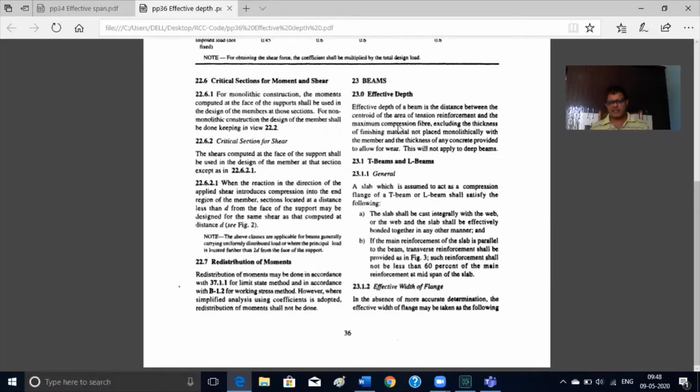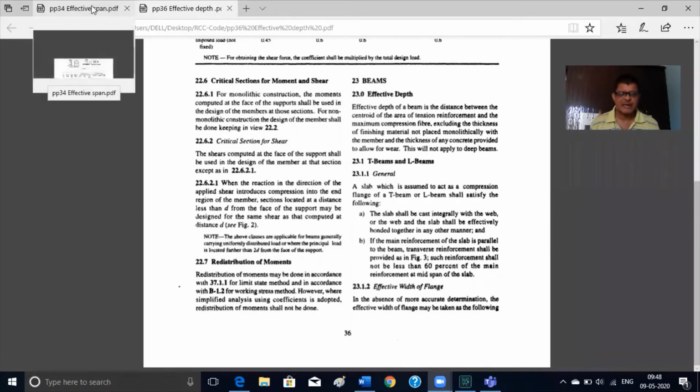So effective depth for these beams, what we have discussed earlier, is the same thing: simply take it from the top compression fiber to the centroid of steel. That we have also discussed earlier. If you have the reinforcement here, from the center of reinforcement to this top compression fiber, this is called the effective depth. So top compression fiber to center of steel. That you find out as overall depth minus cover minus half of the diameter of the rod. So that is how to find effective depth.